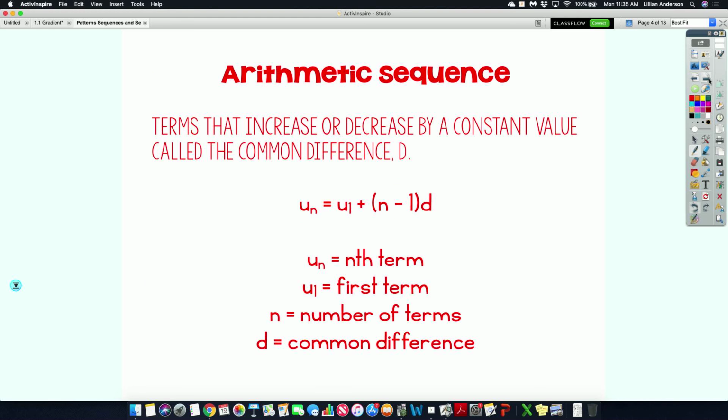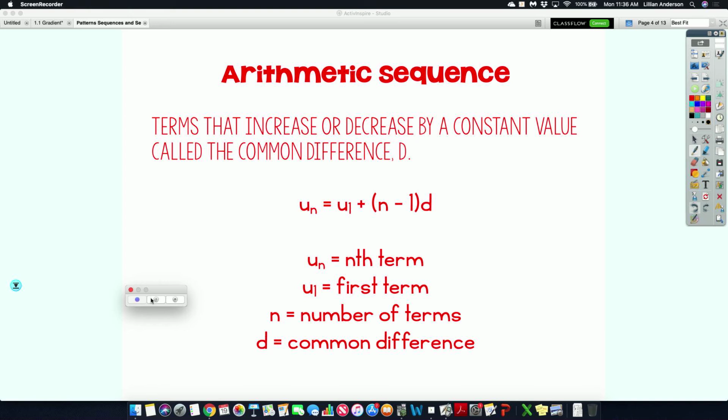Arithmetic sequence: terms that increase or decrease by a constant value called the common difference. That terminology has not changed. It is still the same as it was back in Algebra 2. The common difference is denoted by the variable d. And there's the formula for you there. That 1 is supposed to be a subscript, not side by side with the u. So, u sub n equals u sub 1 plus n minus 1 times d,